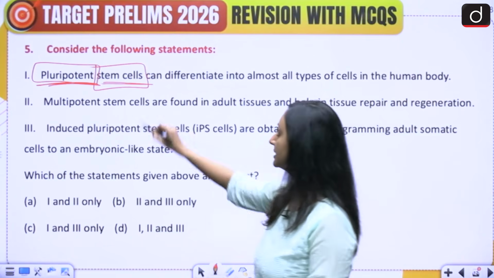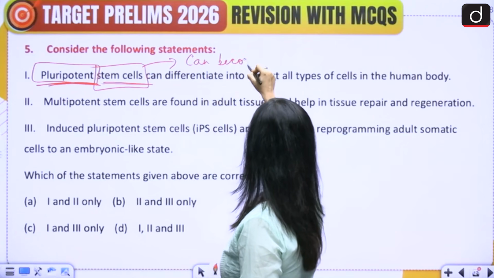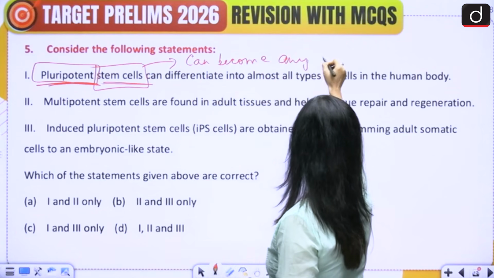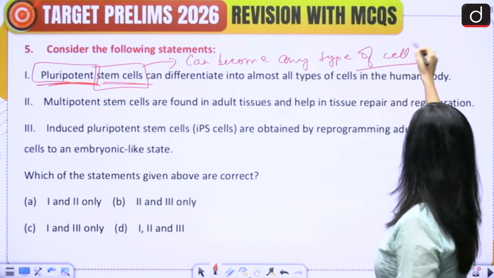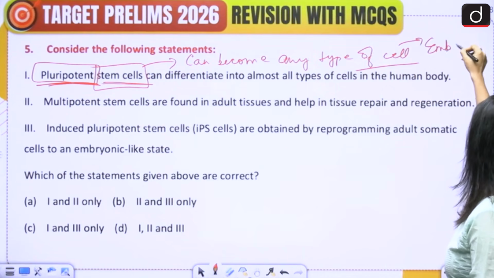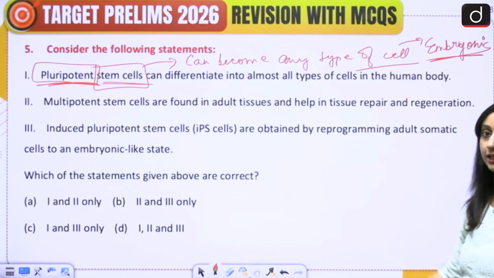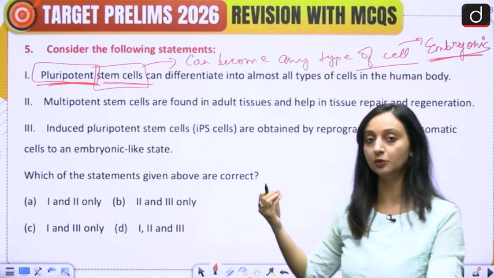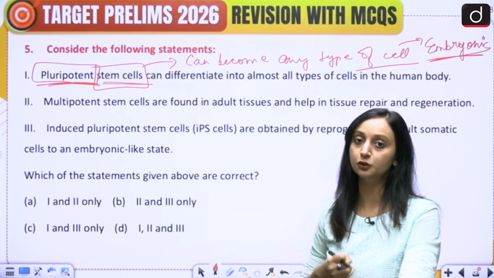So pluripotent cells can become any type of cell when required. In the early embryo, these types of stem cells are found, and they have the capacity to become any type